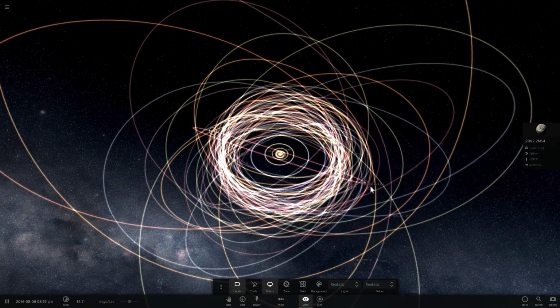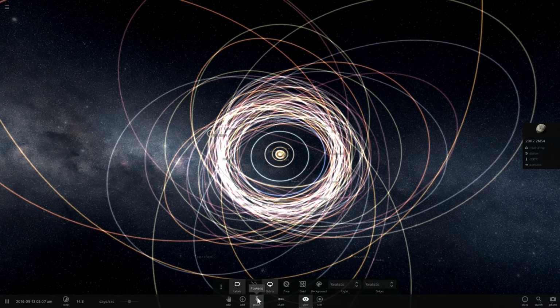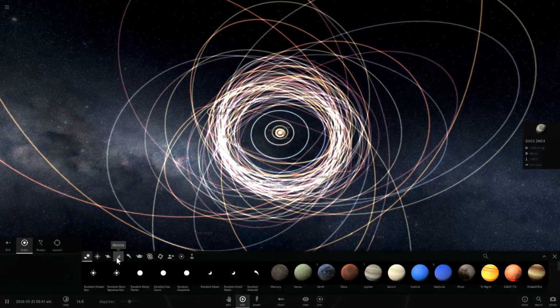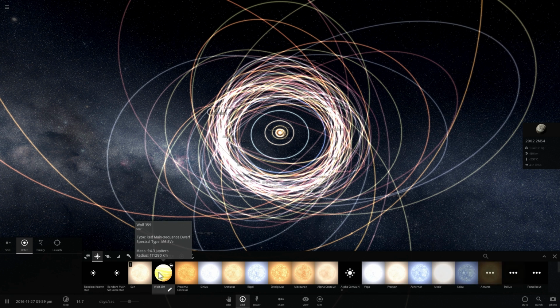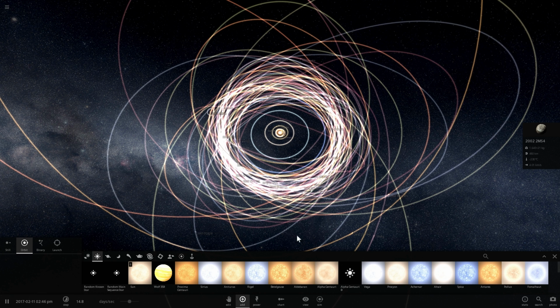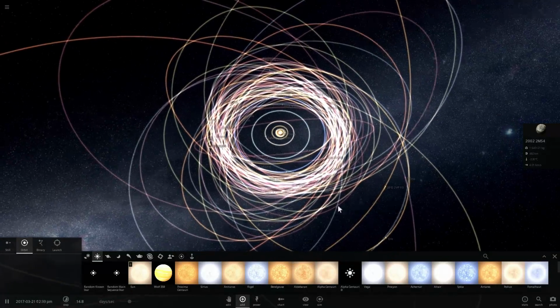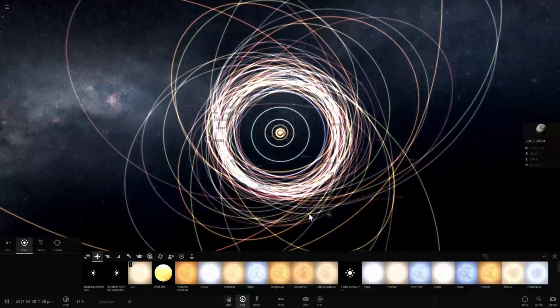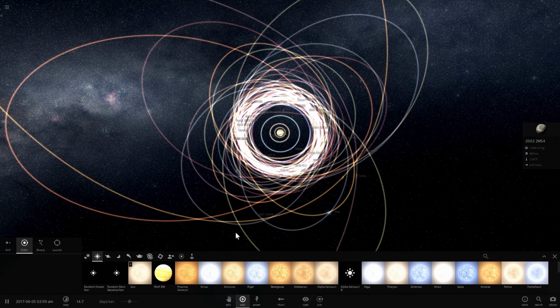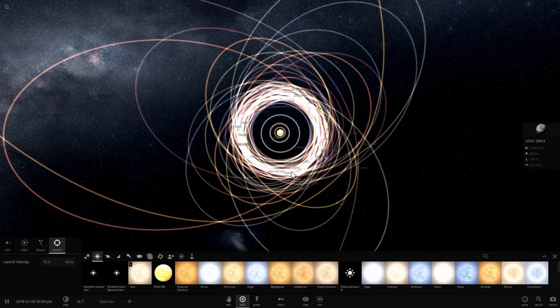And so what I'm going to do is launch my favorite brown dwarf in the game, which is called, you probably know this already, Wolf 359. It is technically called a red main sequence dwarf, but I just call it brown dwarf. Anyway, we're going to launch it at a speed of about 15 kilometers per second. It would probably be moving faster than that, but let's just say 15 because we want to see it in slow motion. And it's going to pass maybe this way, or actually maybe this way. And let's see what happens to these inner orbits.